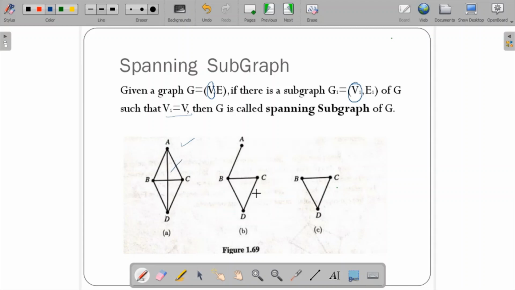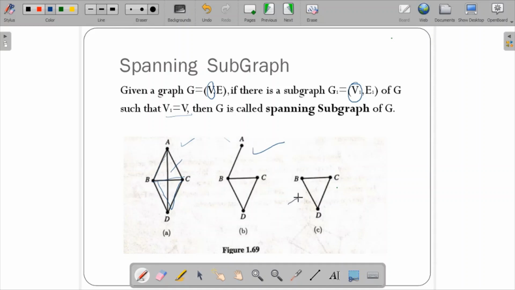So this is an example of a spanning subgraph of this particular graph. If you see, A, B, C, D is there, and in the subgraph the edges should be, what is the definition of the subgraph? Edges should be part of this graph. If you see, A to B, yes, B to D, yes, C to D, yes, A to C is not there, but only this part of this graph is present here. So it is a subgraph, but to be a spanning subgraph, all the vertices of this graph should be there over here. So this condition is satisfied, so this is a spanning subgraph.